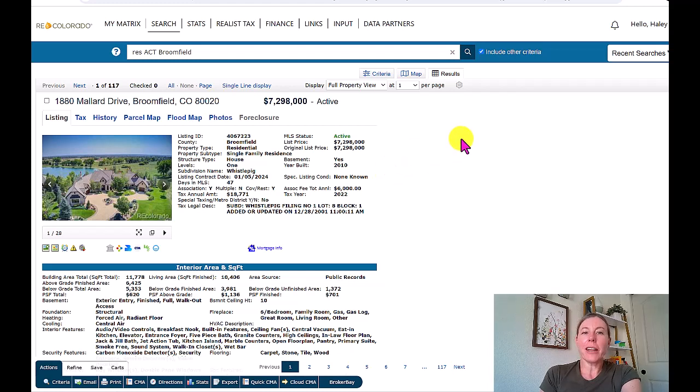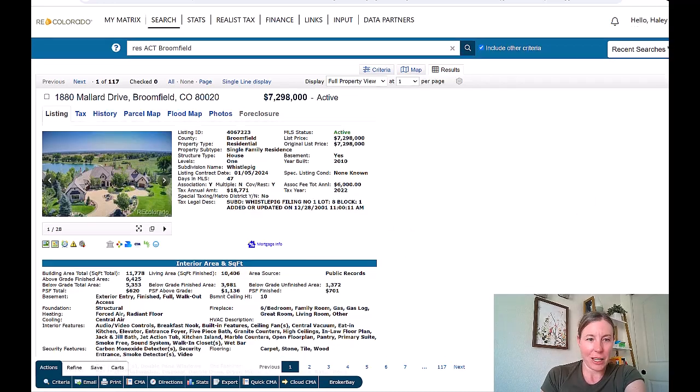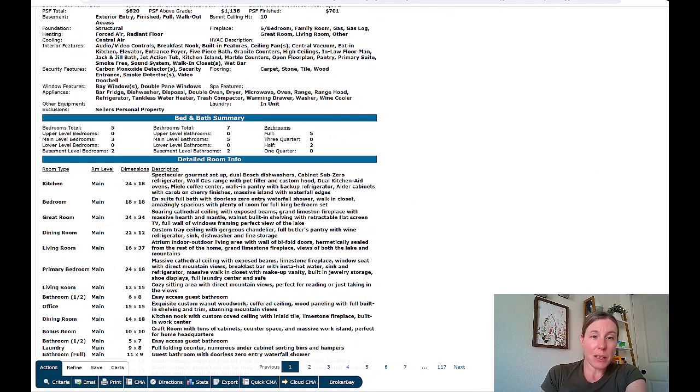And we are looking right now at the most expensive house in Broomfield, which is $7,298,000. And it is in the Whistle Pig neighborhood, which is one of my favorite neighborhoods just because of the name. I mean, who doesn't want to live in Whistle Pig neighborhood on Mallard Drive? So this is a 10,406 square foot finished home. So how many bedrooms have they got in there? Just 5 bedrooms and 7 bathrooms. So just 5 bedrooms in that huge